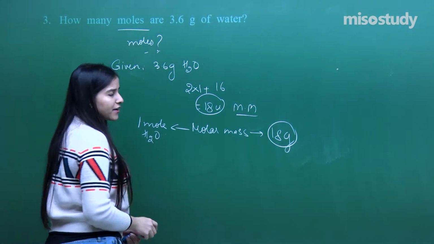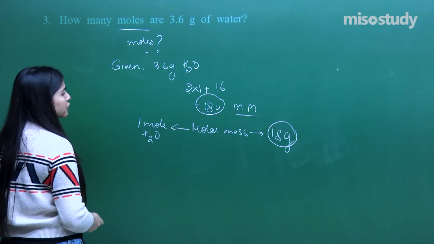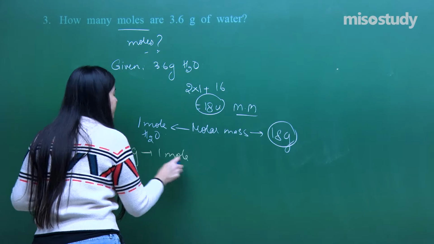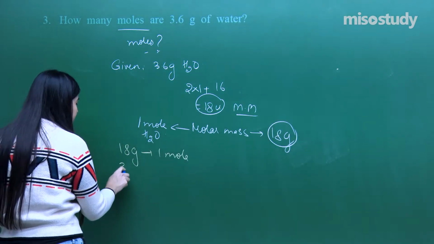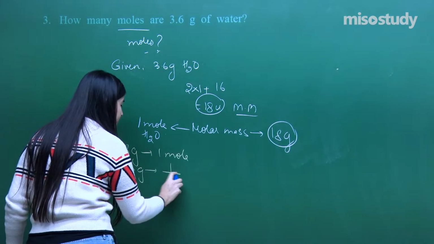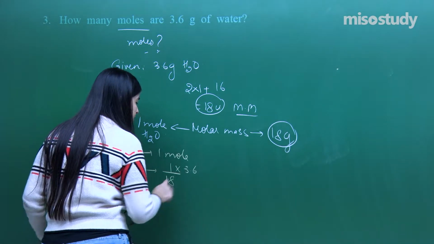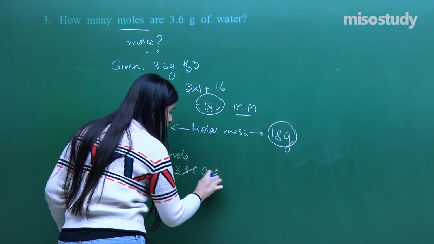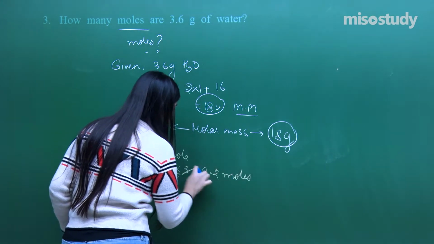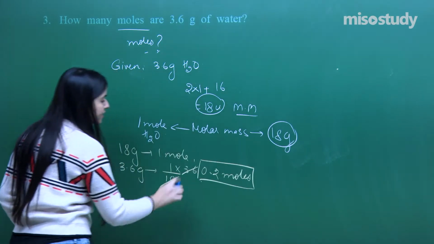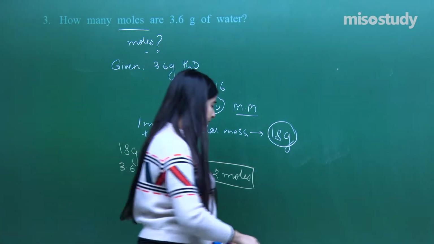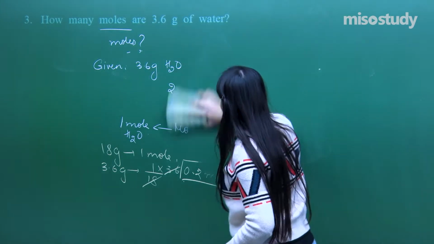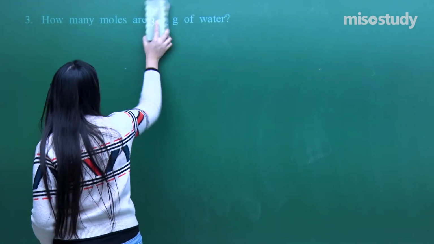Do you remember or not? I hope everybody remembers that. That is a very easy calculation. So we know 18 grams is 1 mole. So you can very well find out by the unitary method 3.6 grams is how many moles? 18 twos are 36. 0.2 moles will be the answer. And I hope everybody has calculated the same. Cool? Okay. So that was question number 3, again a simple one having just 1 mark. It's a one statement question.